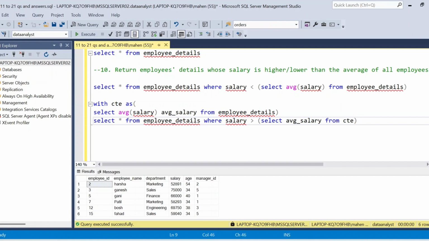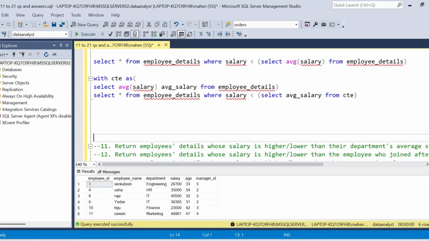If you use less than, that's going to return those employees' details whose salaries are less than the average of all employees' salary. You can see now. Okay, so this is how we'll solve this 10th problem. Okay, next one, that is the 11th one,